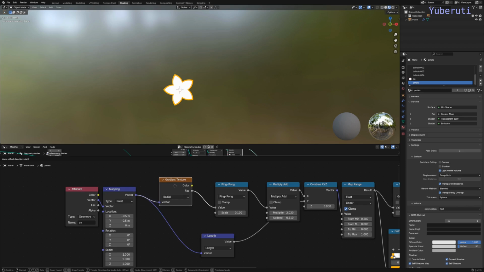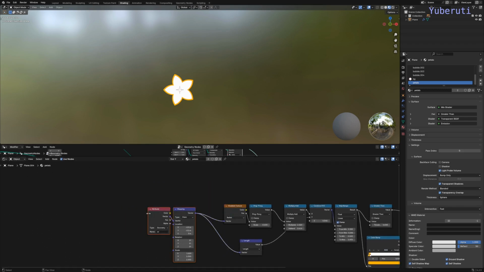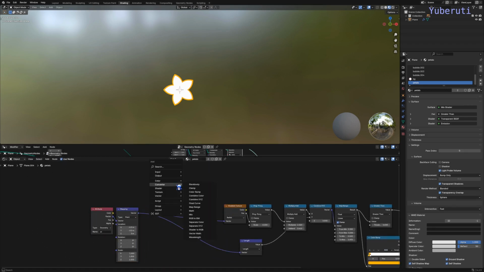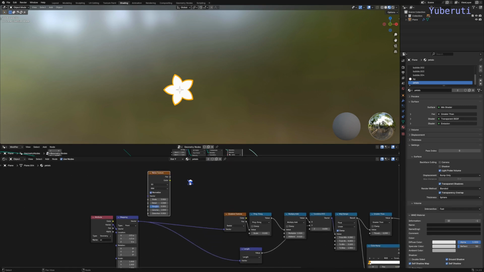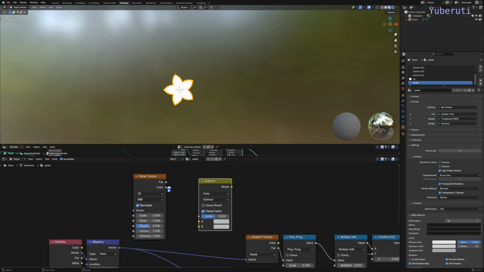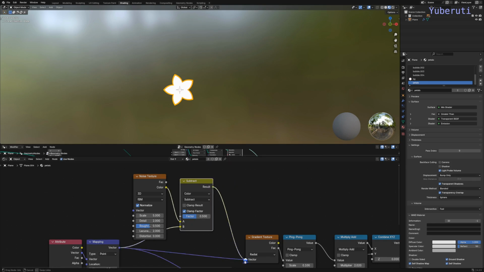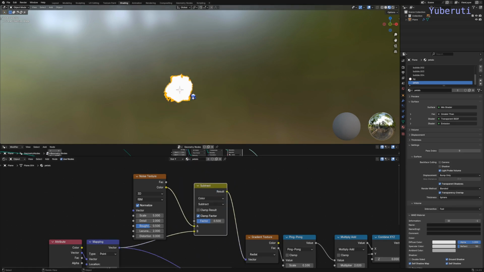We can distort it by adding in a noise to distort it. If we can add in noise and a subtract node, we can connect these two like so, and then subtract,